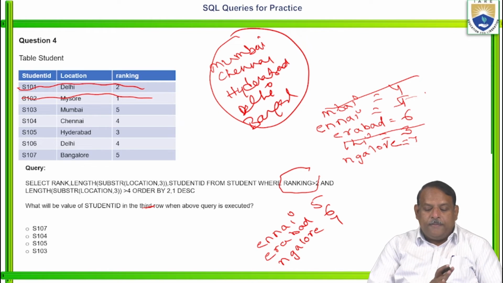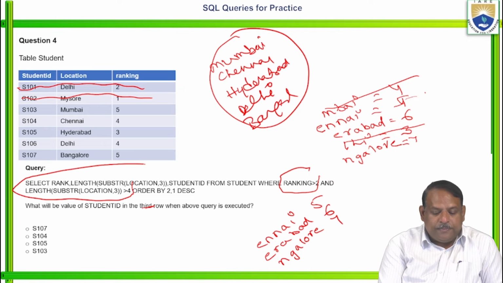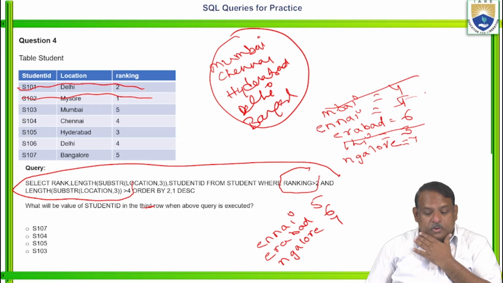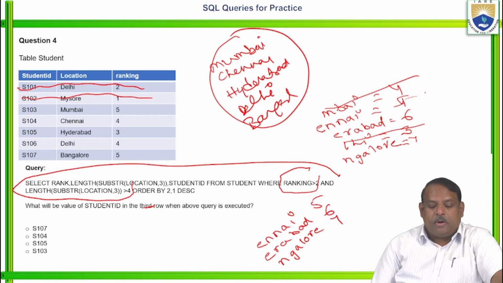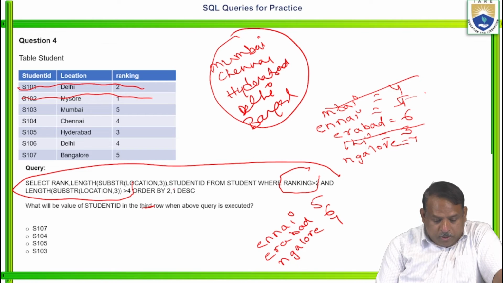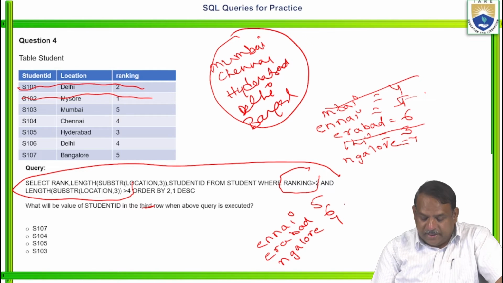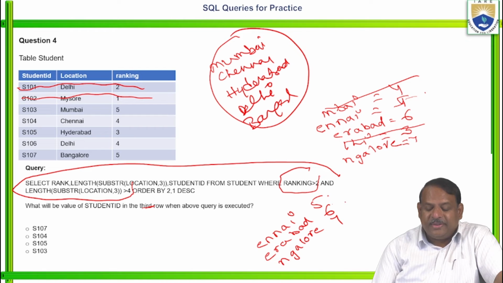This is what we have got up to the where clause. Now we have to do a double sort. Order by 2. What is 2? Order by 2 is the length. So this is in the correct order, descending. We don't need to do the secondary sort because every value is unique here.